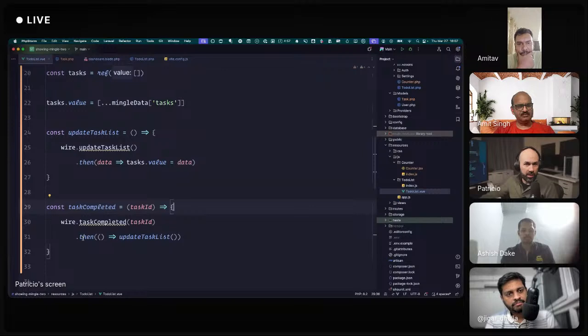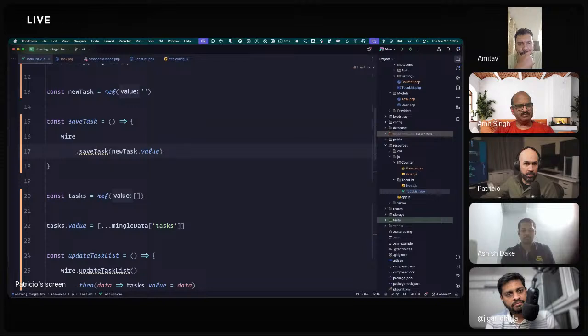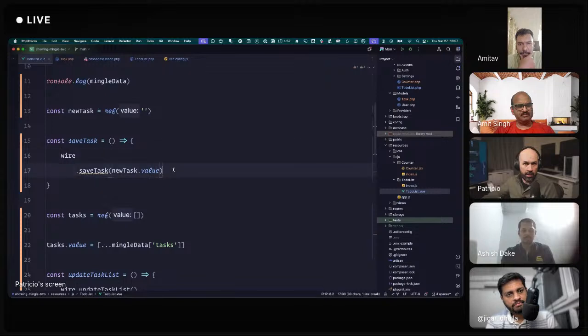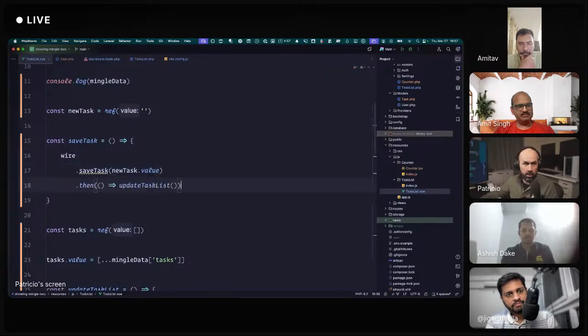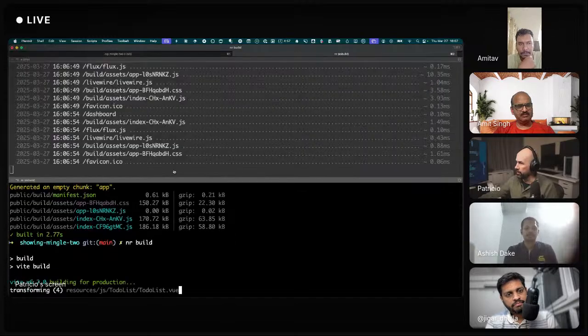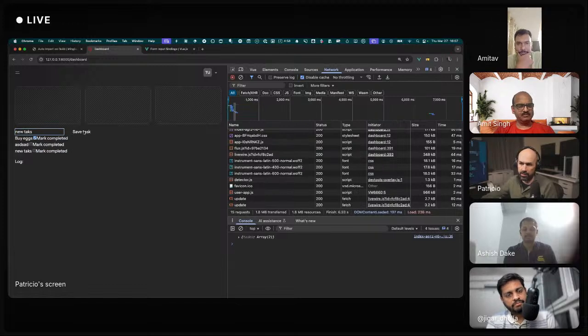We wanted this, but after saving a new one, right? So we will also want this after saving. So if all goes well, I'm going to go and build. And once we add something to the list, it will come in the list. And it does. And we don't have a log. We will now.